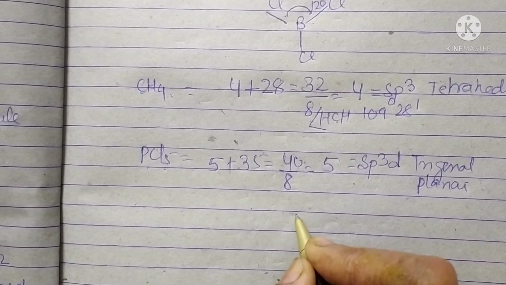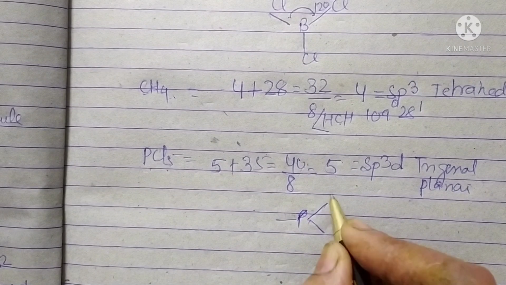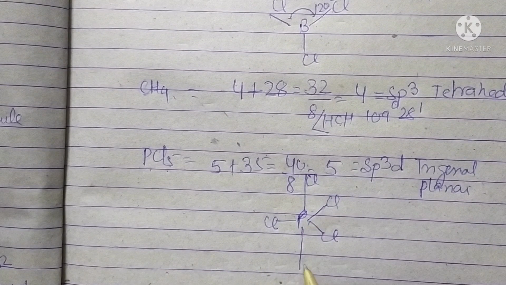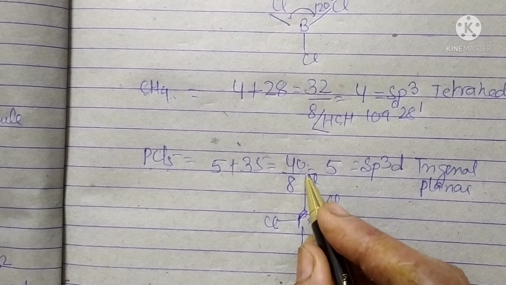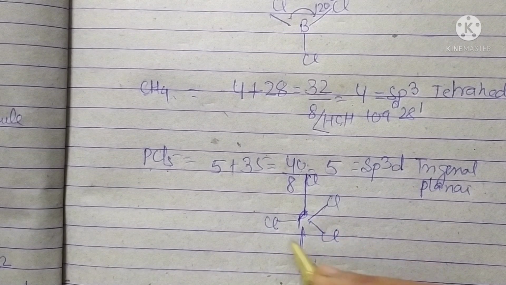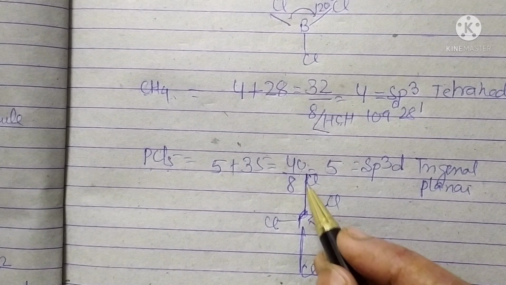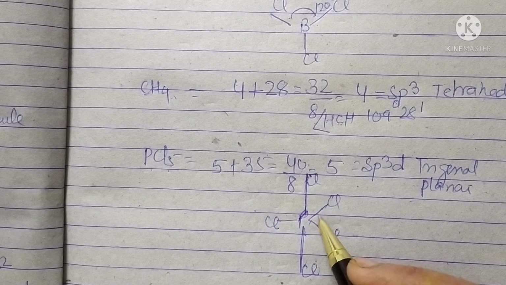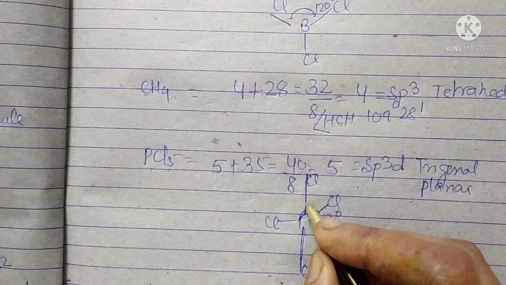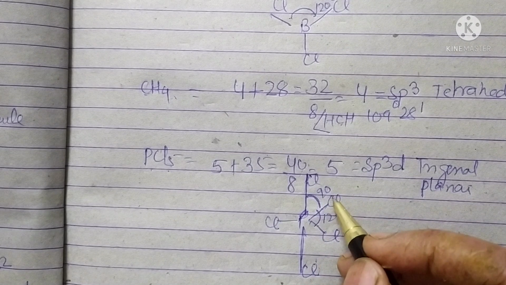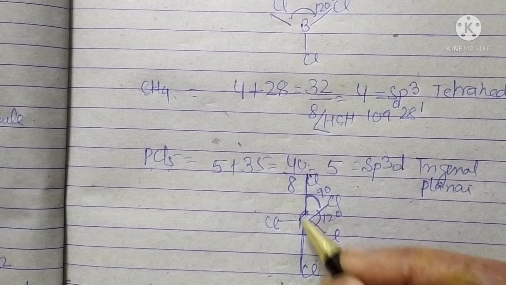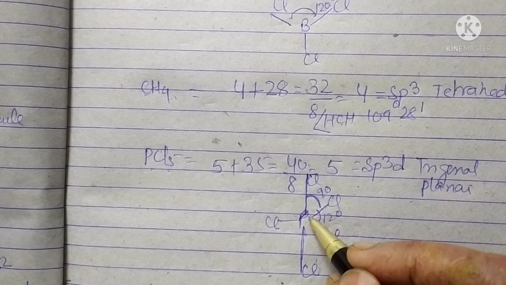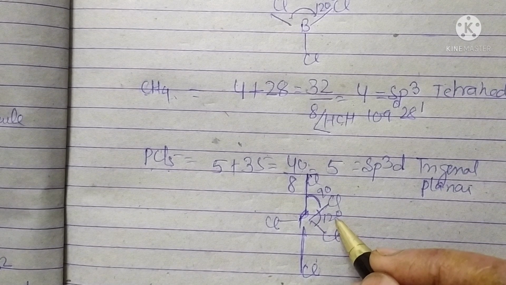This is phosphorus with 3 chlorine atoms at the equatorial position, and 2 bonds at the axial position, one above and one below the plane. These two bonds will be longer than the other bonds, to avoid repulsion between the bond pairs. So the axial bonds are longer than the equatorial bonds, and there will be two sets of bond angles. The bond angle between axial and equatorial will be 90 degrees, and the bond angle among all the equatorial phosphorus-chlorine bonds will be 120 degrees.